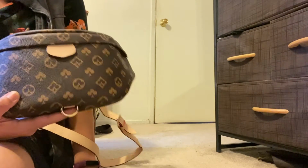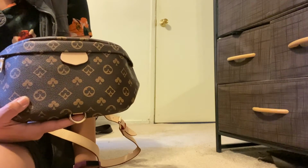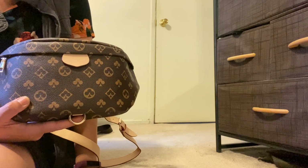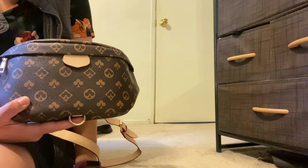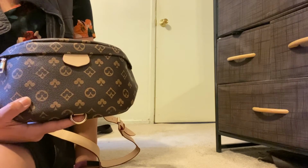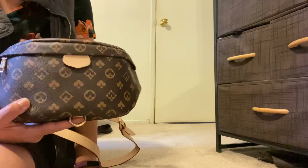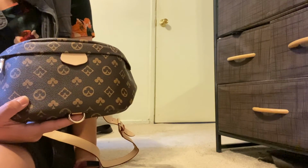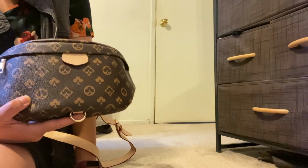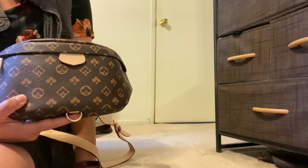And again, the power and fun of wearing a dupe for me is like people, you know, on first glance who may not be as well versed in Louis Vuitton, but even me, I mean, I own a bunch of Louis Vuitton. If I saw this out, I wouldn't maybe on my first glance be like, oh, that's a dupe. I don't know if I would think that, but if I stared at it, I would see there's no LV logo pretty quickly. But I love that. I like the idea of being able to wear a dupe, that it's almost like a different experience of the whole luxury